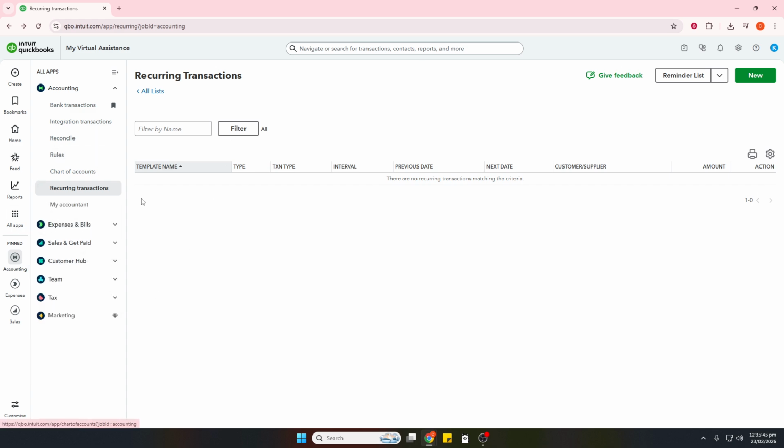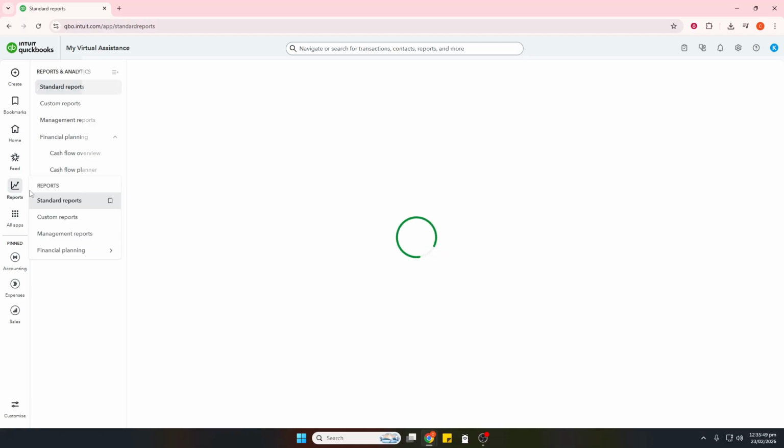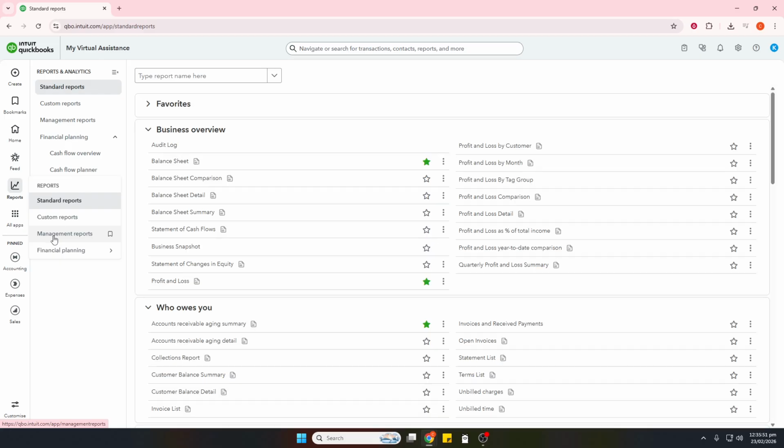Next, review the transactions that QuickBooks is about to bring in. Scan the totals and the date range to make sure they line up with your statement. If you spot lines you don't need, you can deselect them here. When everything looks correct, click Import. Your imported transactions will appear in the For Review tab. From there, you can